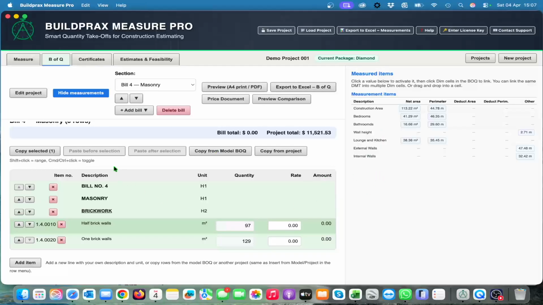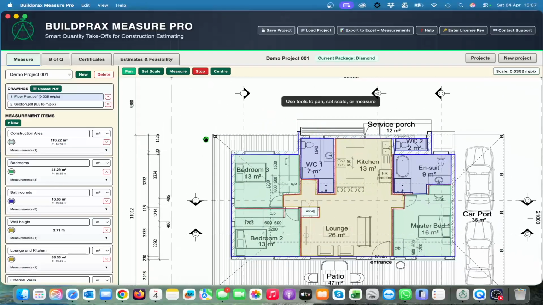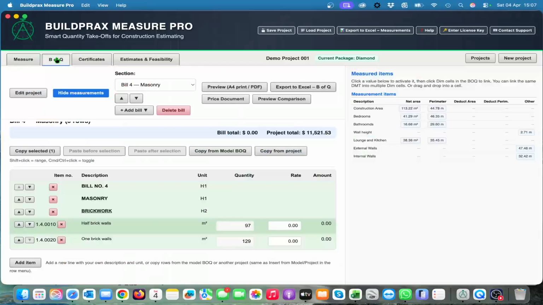Although your drawing will be gone and they will be empty, you will get to your new drawing, and once you have loaded your new drawing, you measure its construction area, the bedrooms, the bathrooms, and wherever these items are linked to, that will then be automatically linked to your bill of quantities for your new